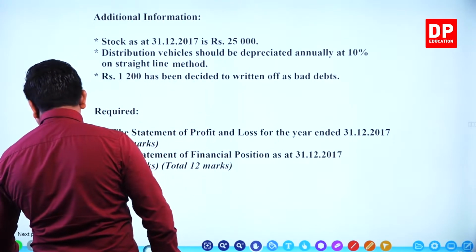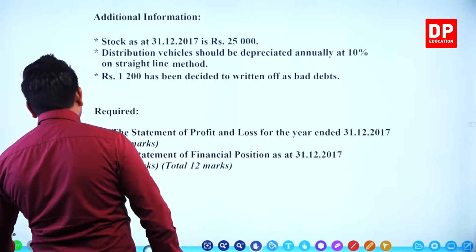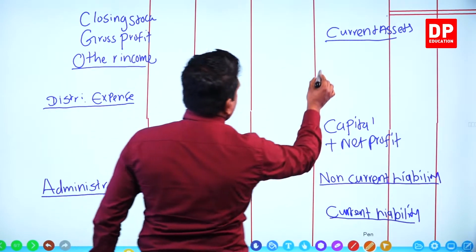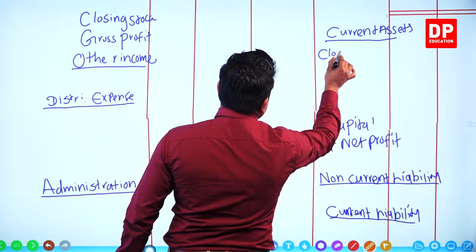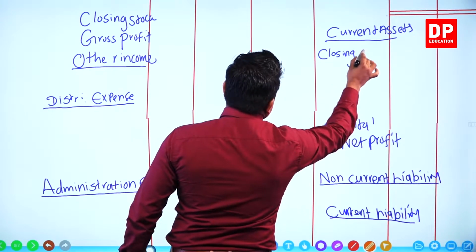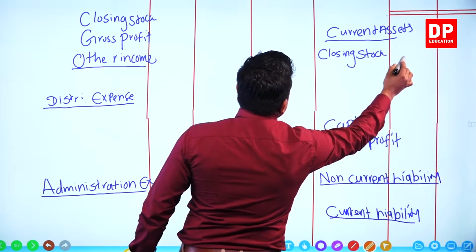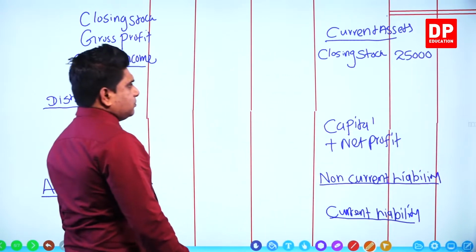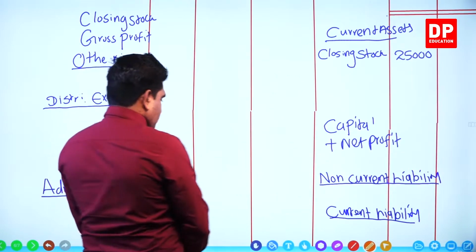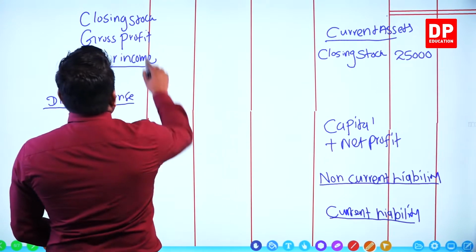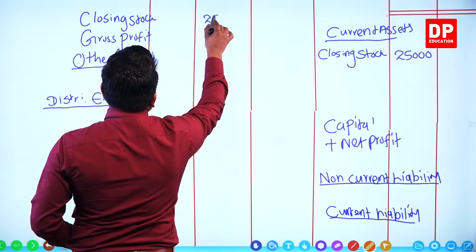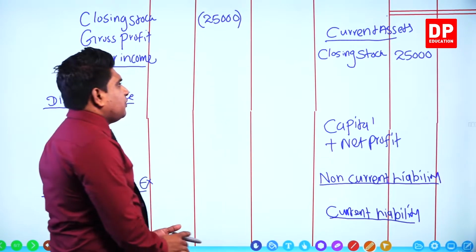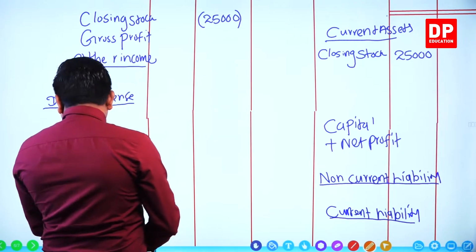It goes, right? 25,000. Here current assets. Okay, closing stock 25,000. Then closing stock 25,000 here, within brackets. Right? Okay. Now,